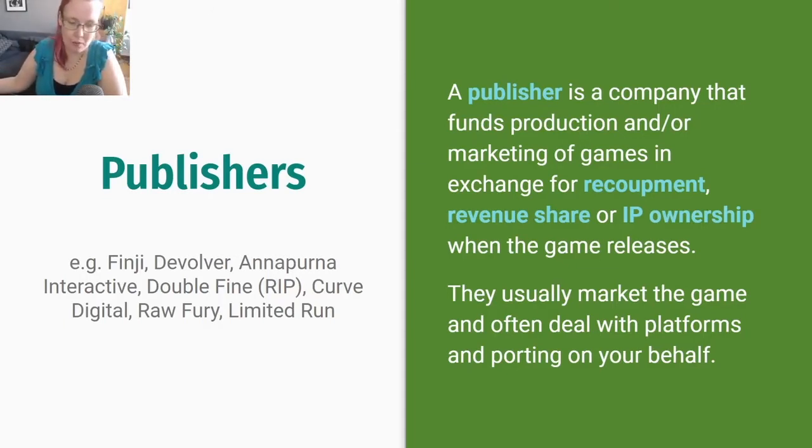But the ones I listed are the ones that you would be most likely to deal with if you were going to try to publish the game that you're making right now. So to explain some of these terms, recoupment means the publisher takes usually 100% of the profit of the game until all of their costs are paid off. If they're fully financing your game, like all of production and all of marketing, that can be from the hundreds of thousands to the millions of dollars. And so they're going to work hard to make sure that your game sells.